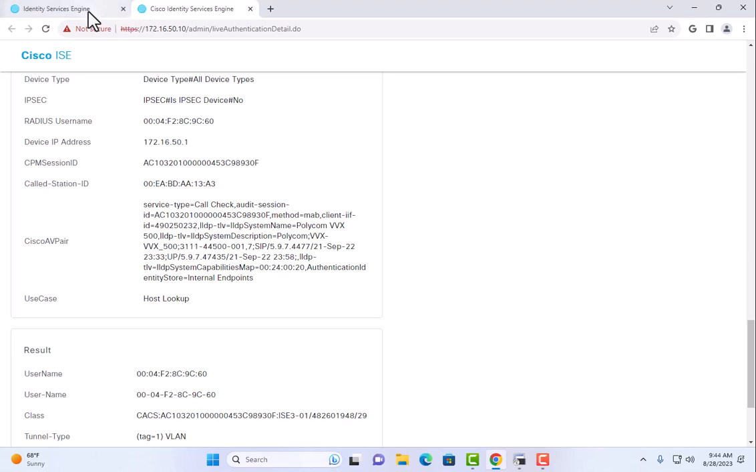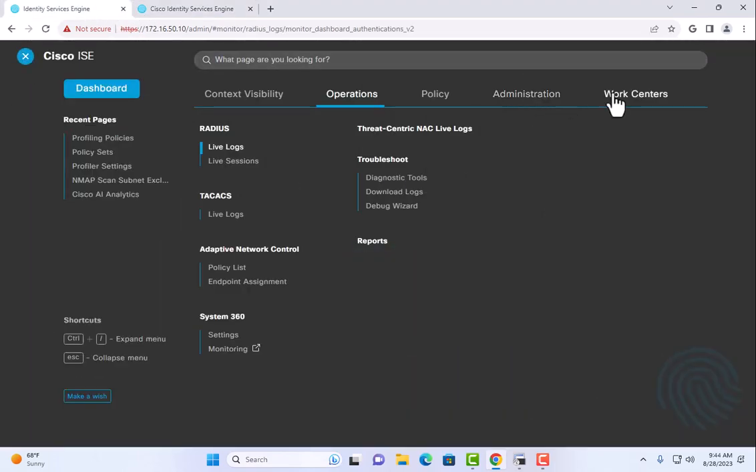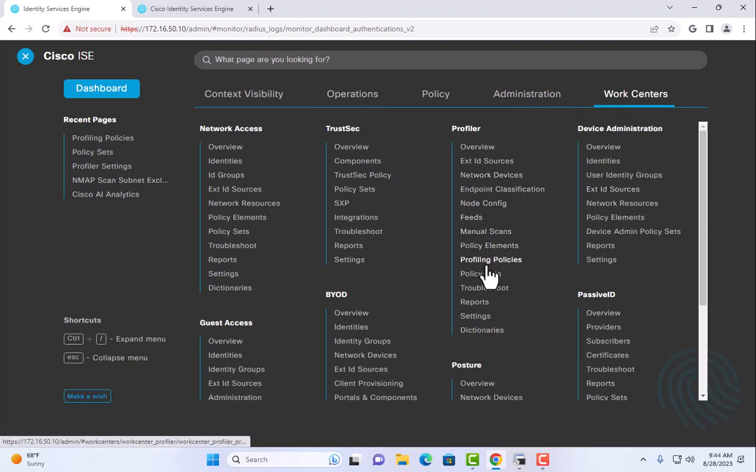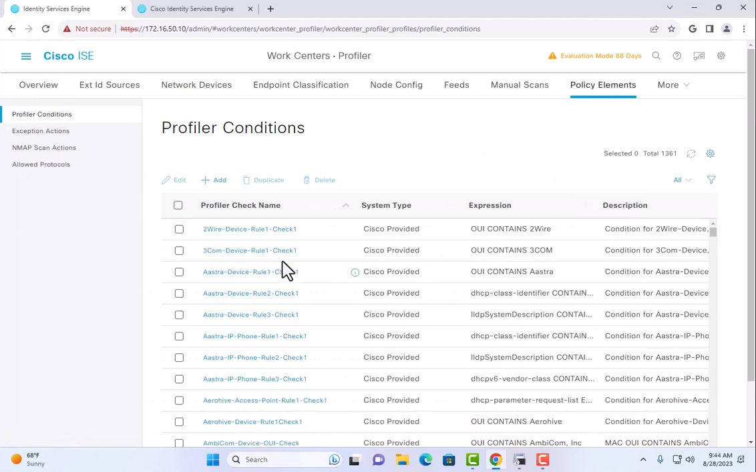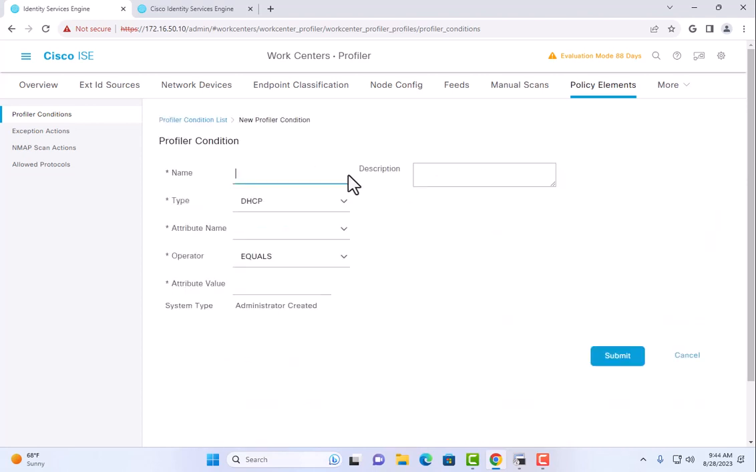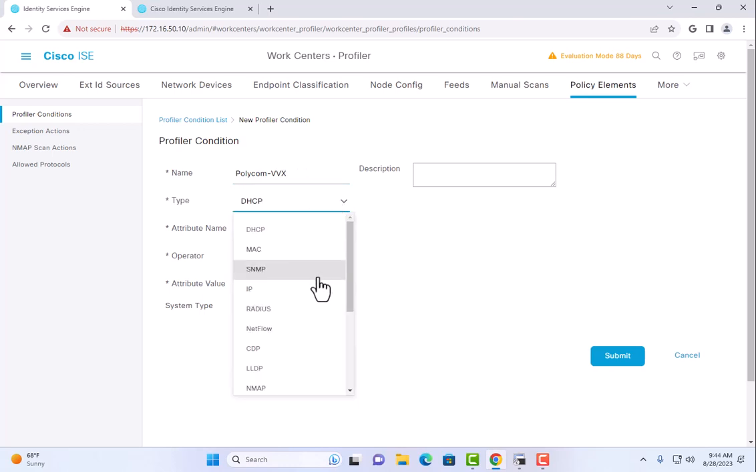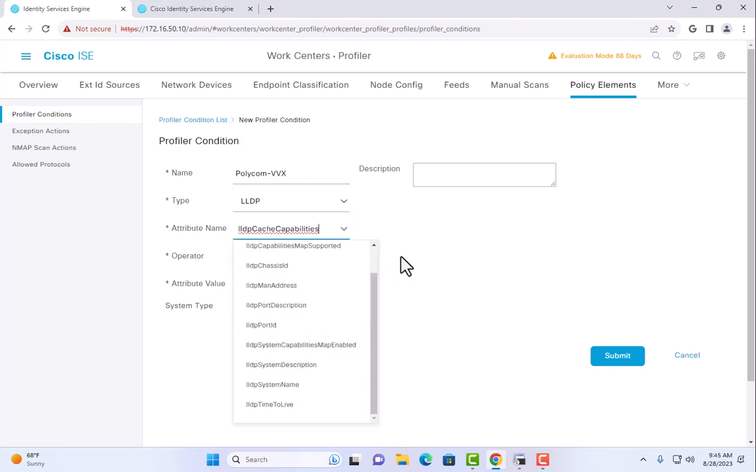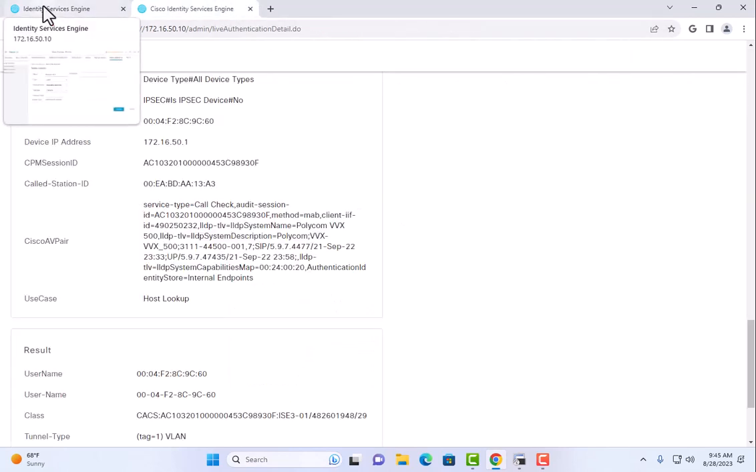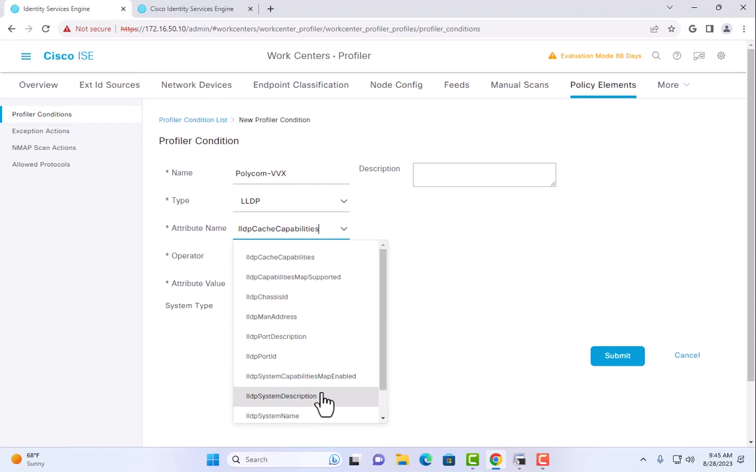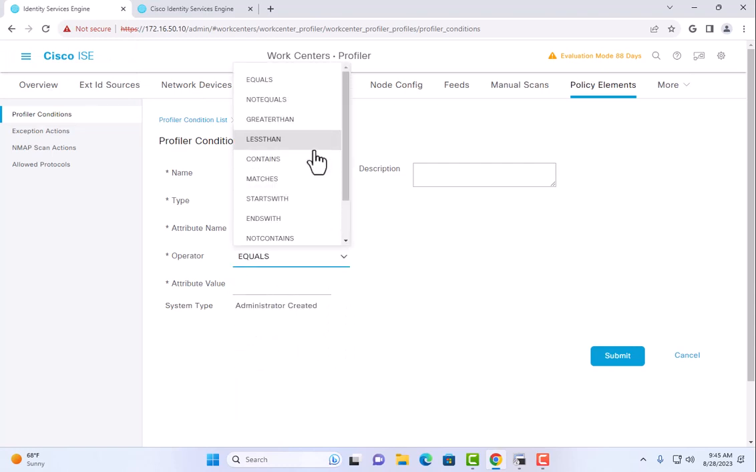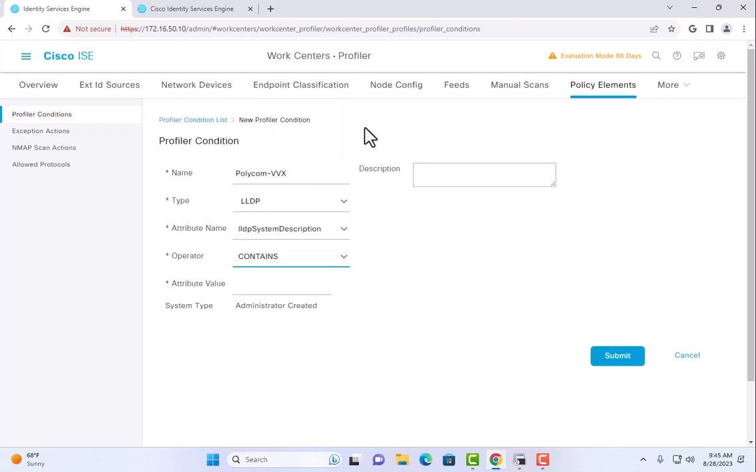So in this case, we're going to go back over to ICE. We're going to go into the policy elements, and these are all those checks that we can do on devices. So here, if I add a device and call it Polycom VVX, and I'm going to say that LLDP, what did I say that was? That was the system description. And we'll say it is going to contain